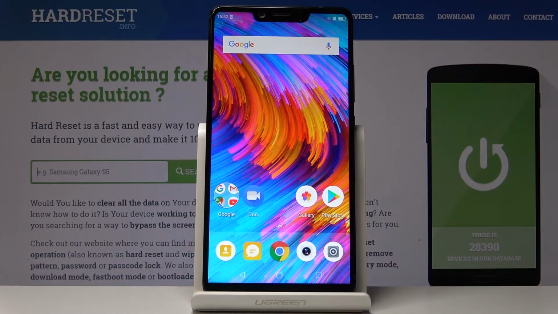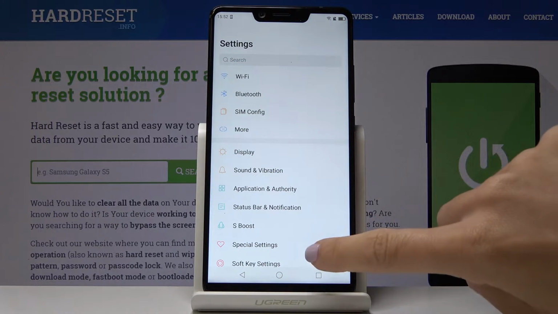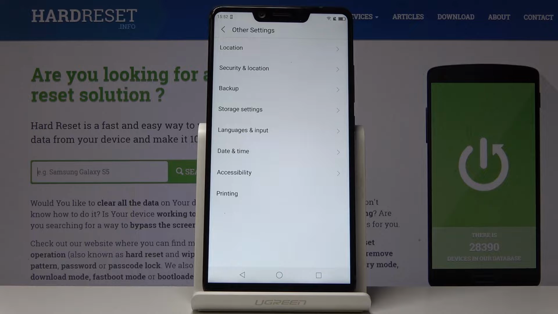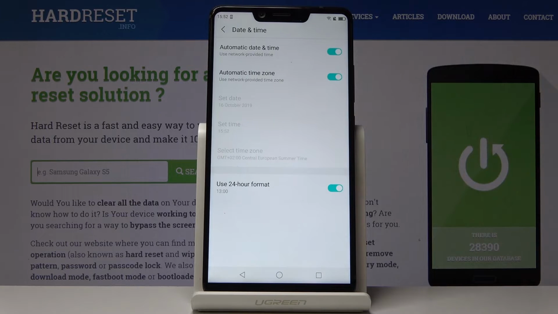Here I've got Sharp D10, and let me show you how to change date and time on the following device. So at the very beginning you have to open the settings, then scroll down to the very bottom of the list and click on Other Settings. Here you will notice date and time, and now you can either have an automatic date and time, or you